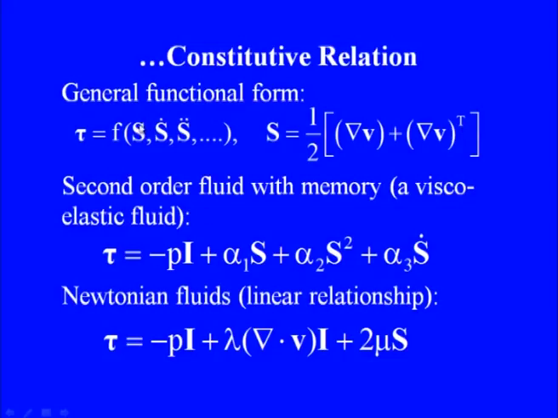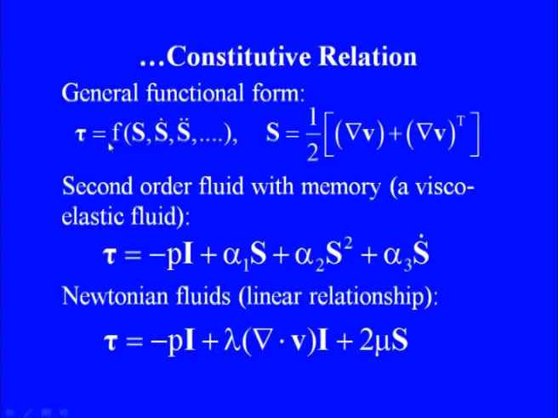Now you might wonder why we have just taken the strain rate tensor and why not the rotation component. Normally we would think that in a moving fluid the stress arises due to velocity gradients, but if you look carefully, the rigid body rotations, which are represented by the rotation tensor, do not contribute to the stress generation, and that is why the stress is normally related only to the